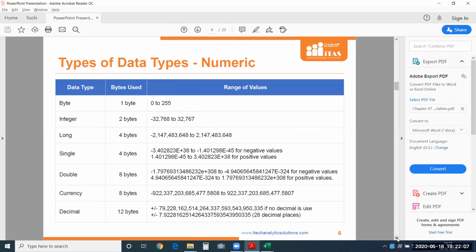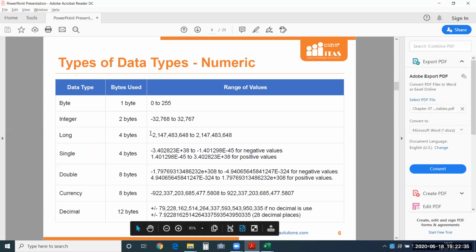Initially you might find it difficult, but as and when you use it, you will get used to the data types that we are using in the programs. So now we have taken 20 lakhs as the value there. Based on that range of values, which particular data type can store that range of values, you should decide the data type to be used in your program.